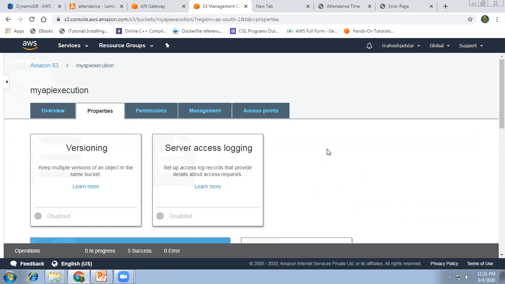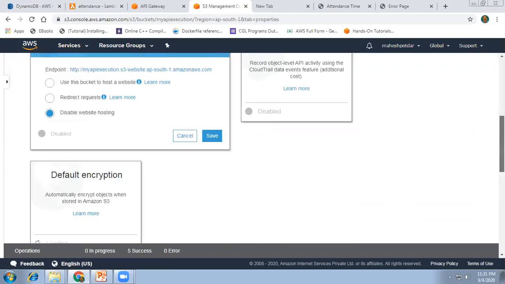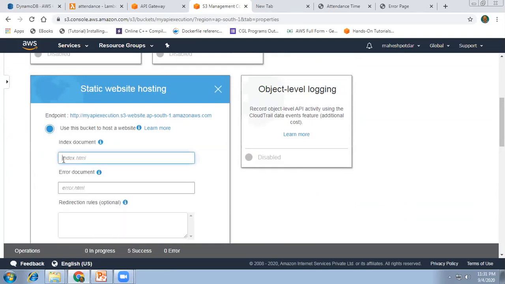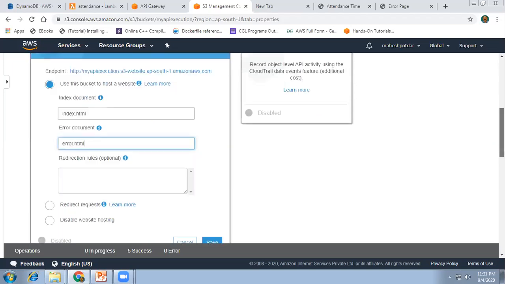I'm clicking on static website hosting. It will ask you to use this bucket to host the website. I'm providing the first file, index.html, and the second one, error.html.